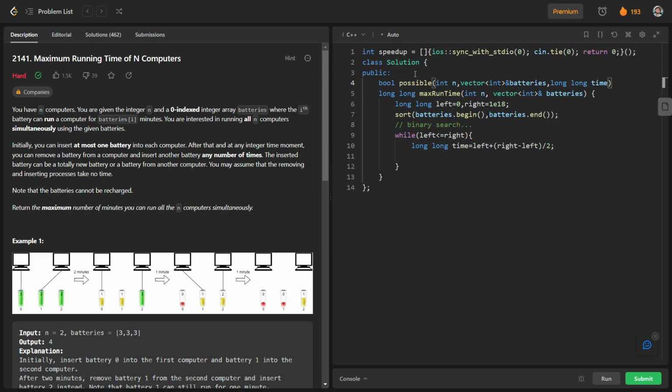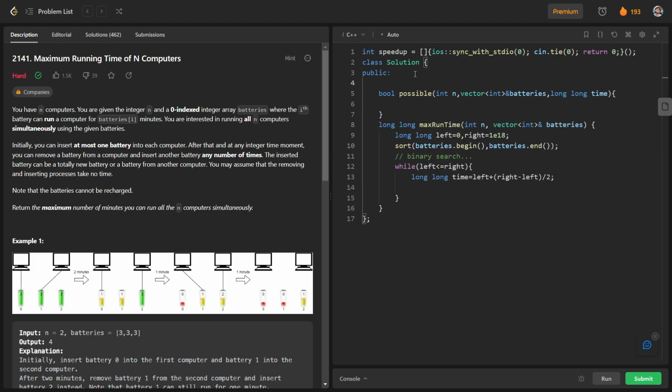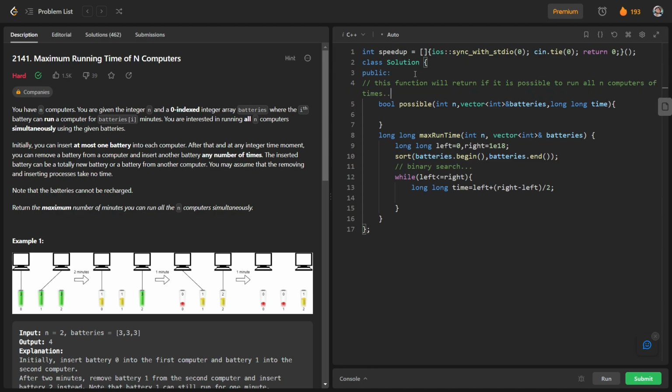So what I will write here is that this function will return whether it is possible to run all n computers for this much time.